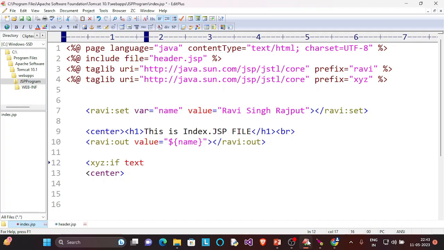We use test equals to, and what I test here is whether 10 is less than 11. That is exactly true, the boolean expression is true. So if this if is true, I want to print